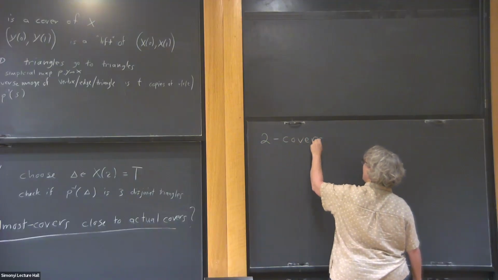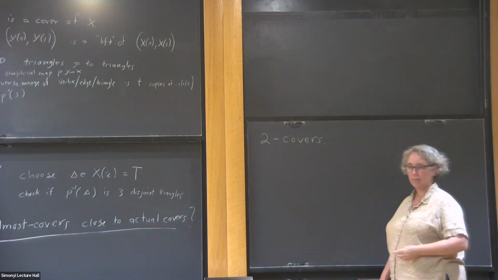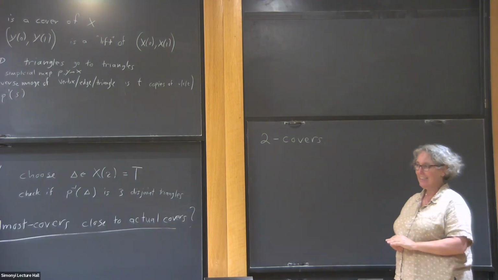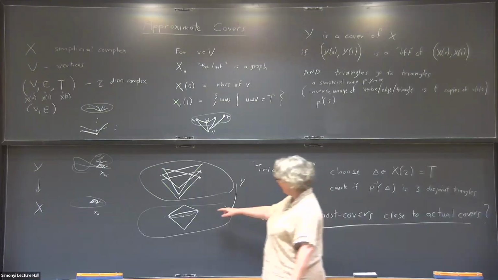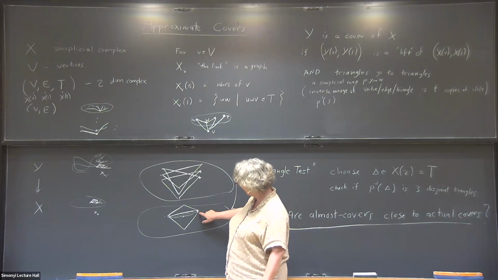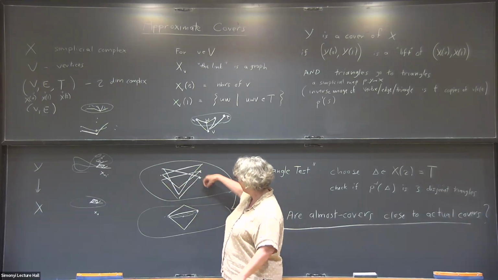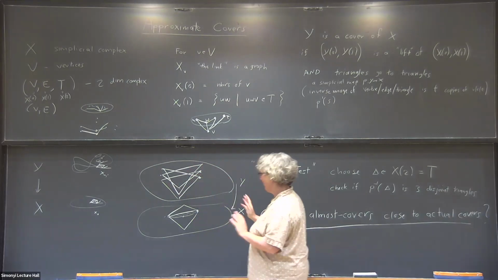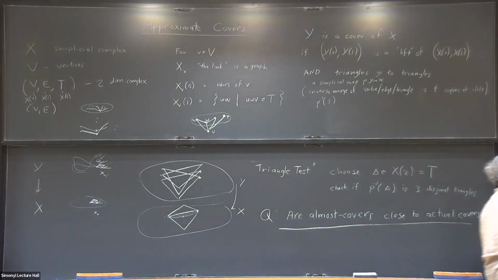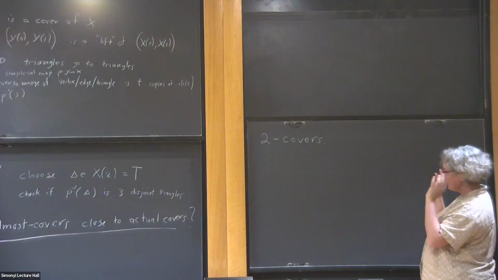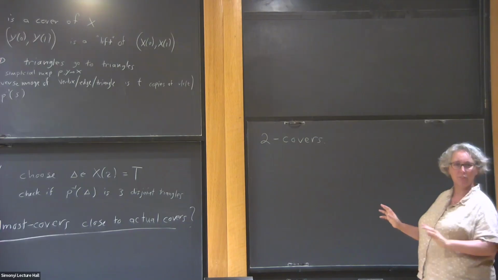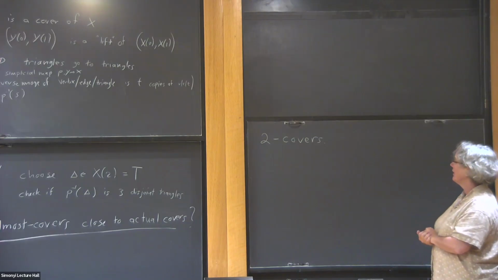I probably should think of the graph as much larger than the number of sheets. If that's how I think of it, but there is this version where your test is to choose a triangle and then choose a base point, and then sometimes the number of sheets actually grows as well. But for now, let's think of the graph as bigger, that way I'll have fewer mistakes. Okay, so let me focus for a minute on two covers just because it's much simpler, and then we'll generalize again. So when I have a two cover,